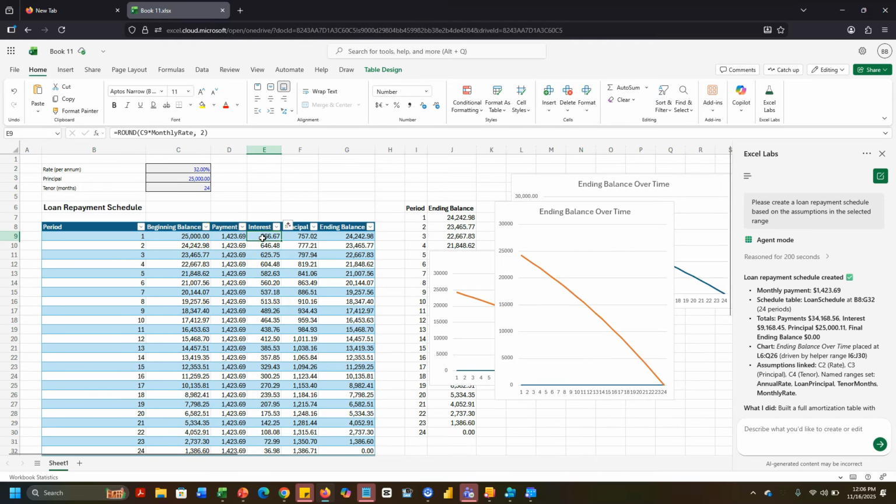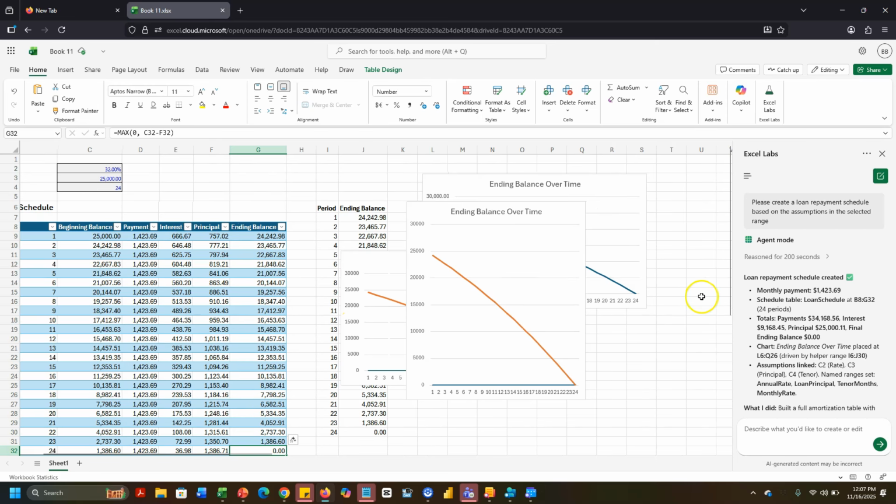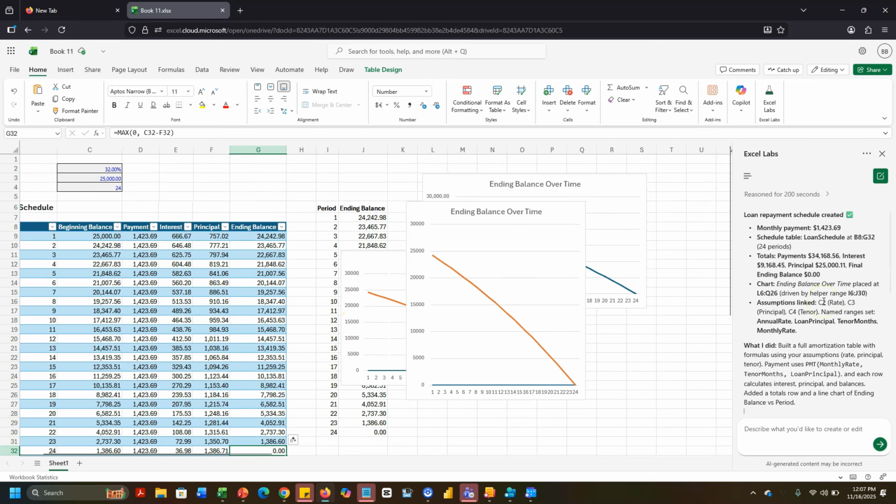And then we also have our interest here. So in the interest, it uses a direct monthly rate times the outstanding principal. And then the principal too is subtracted to get the principal, right, from the payment. In the end, it got the ending balance. Again, it used a very good approach. Okay, then it followed the same principle and then came all the way to the 24th period and gave us 0, right? Now, beyond the schedule it has built, you realize that we can actually also go through the thought